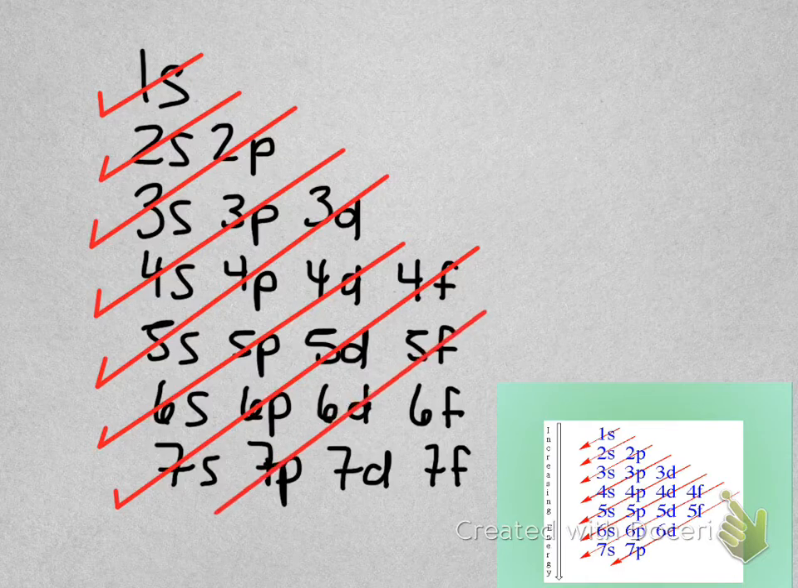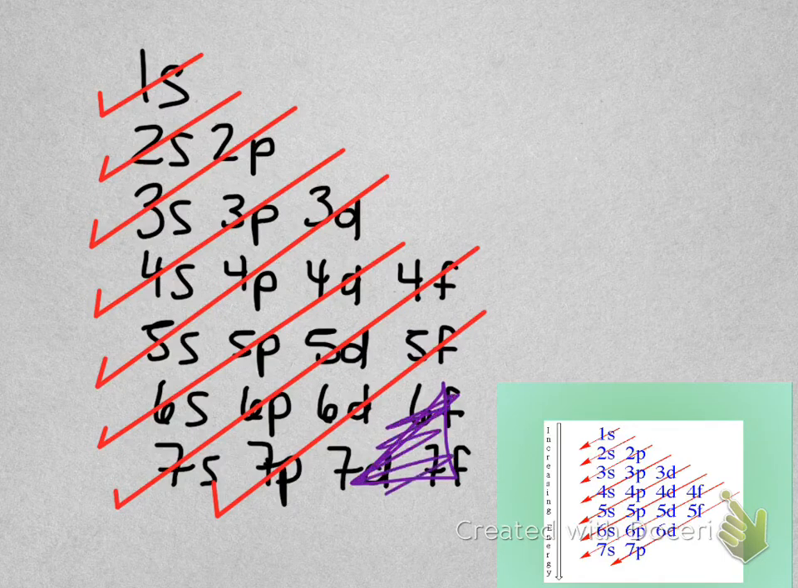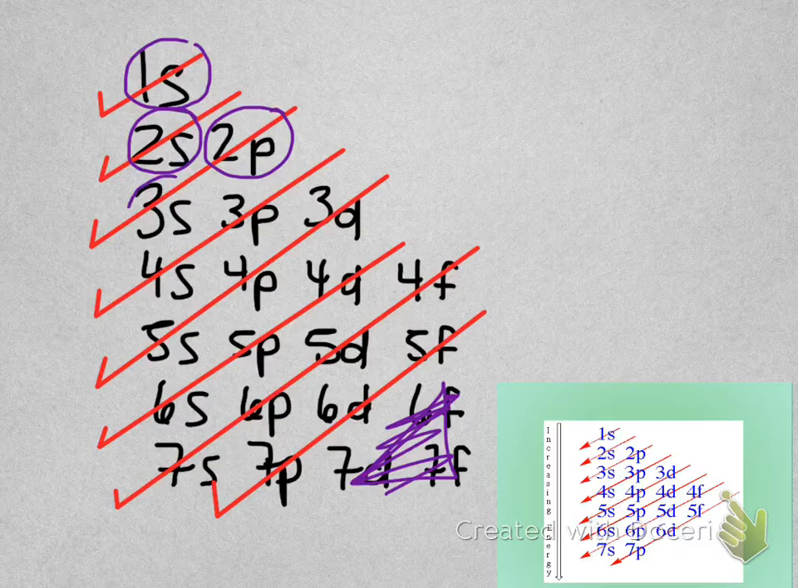cuts very neatly. See, this is why we didn't need those guys. We'll just scribble them out. The arrow cuts very neatly through the subshells in the order of increasing energy. So 1s is the lowest energy subshell, followed by 2s, followed by 2p, followed by 3s, followed by 3p, but